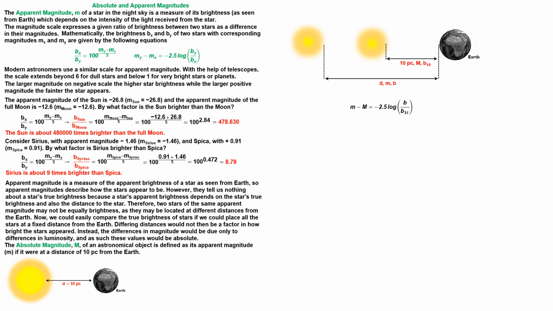The luminosity of a star is a measure of the actual brightness of a star, and the apparent brightness of the star is related to its luminosity L as follows. We can rewrite the formula. We can use the properties of logarithms to finally obtain